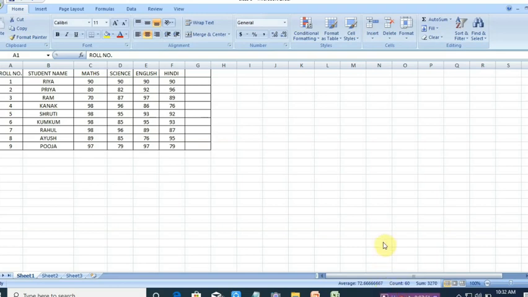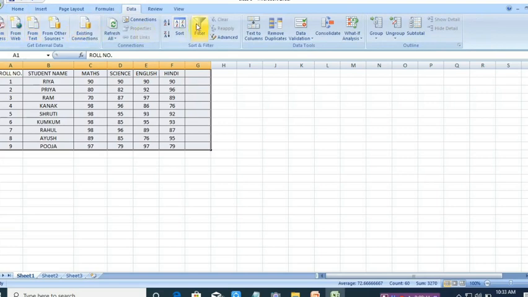Now we have already created a table. The first step for extracting, sorting, or using other features of MS Excel is to select the data. Select the data, and you can see here the Data tab. Click over it.